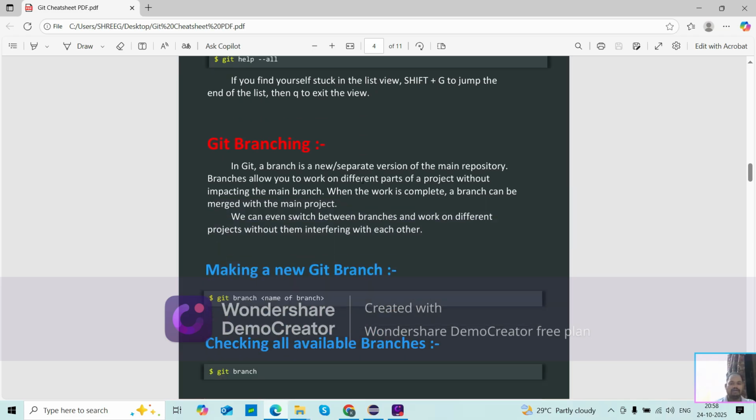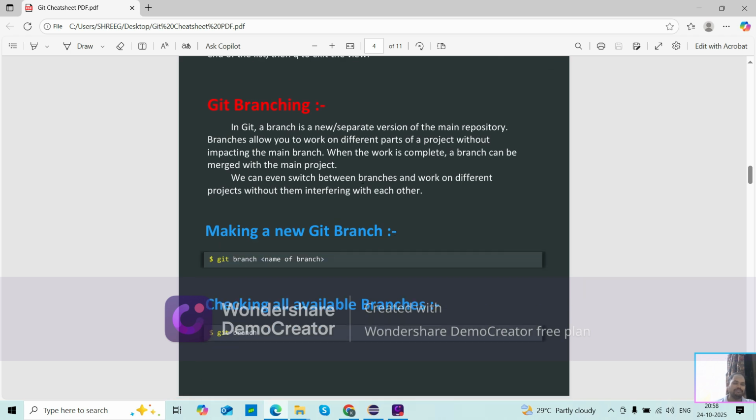After that, Git branching. What is Git branching? In Git, a branch is a new separate version of the main repository. Suppose there is a main branch and there are different systems, so they have different branches.